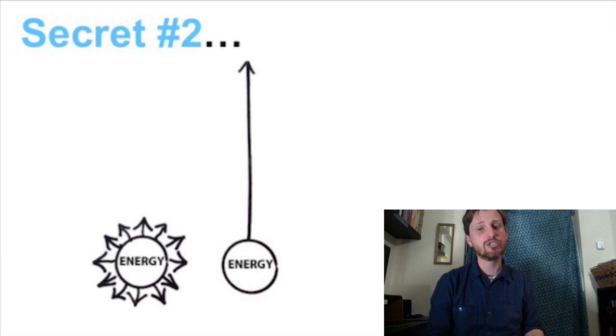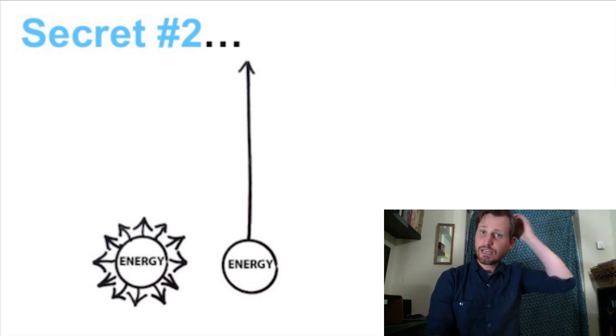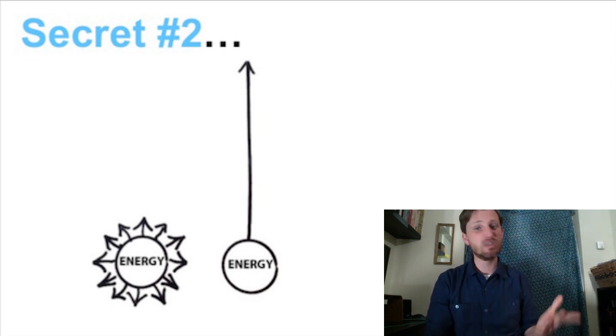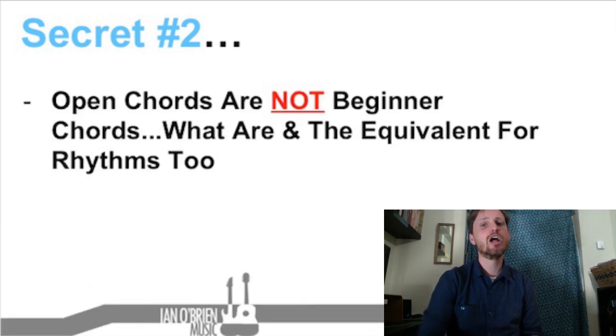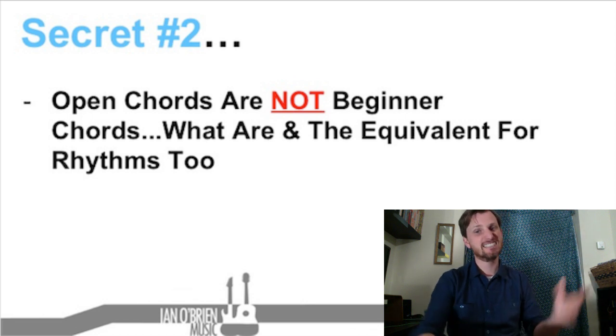So the example on the right shows focused effort. It's actually the same amount of effort as the first example, but because it's focused on learning a limited range of things, you actually get somewhere, and you get there much, much quicker, with short practice times and much less time on the guitar. When I first learned to play, I didn't know which strumming patterns and chords were the most useful for a beginner to learn. So I ended up, like most beginners, squandering my efforts in all directions and getting nowhere fast. And that's all because I thought open chords were beginner chords, but they're not. Okay, second secret: open chords are not beginner chords, and that's what we're talking about.